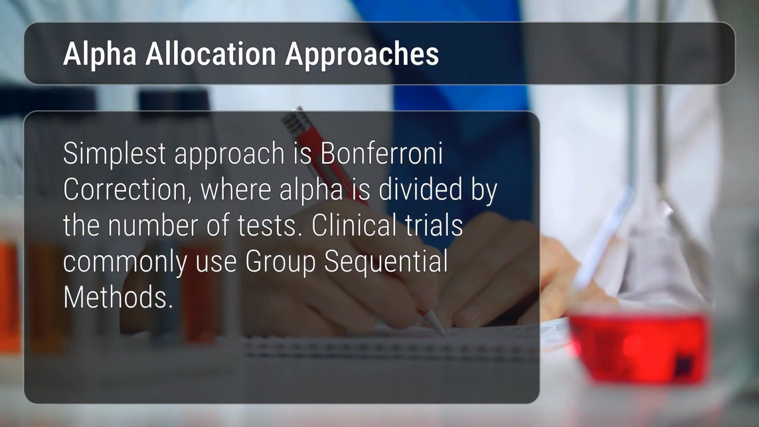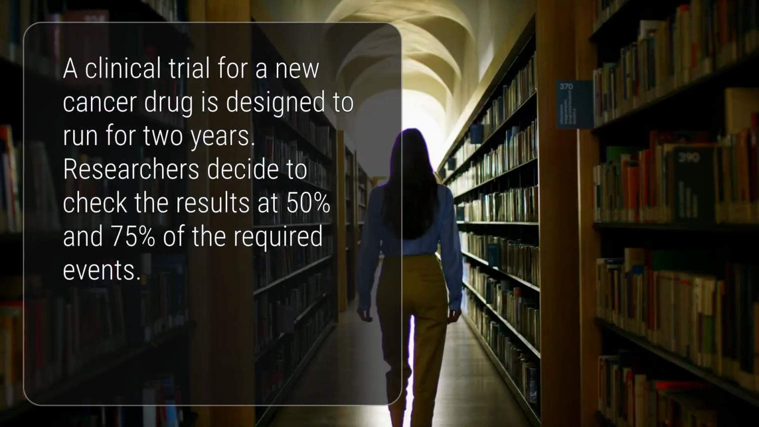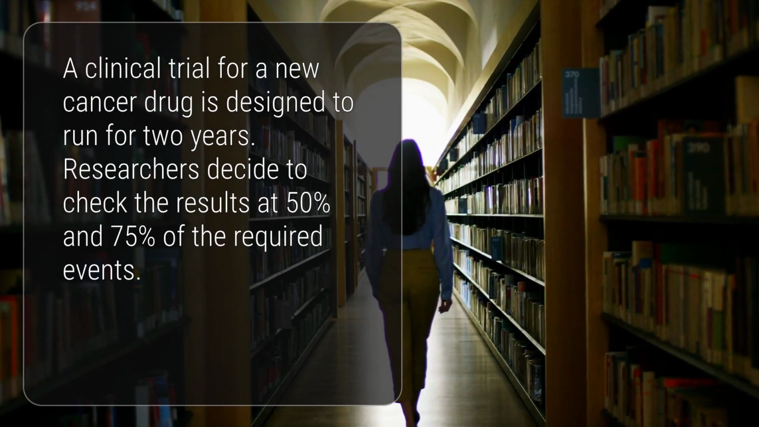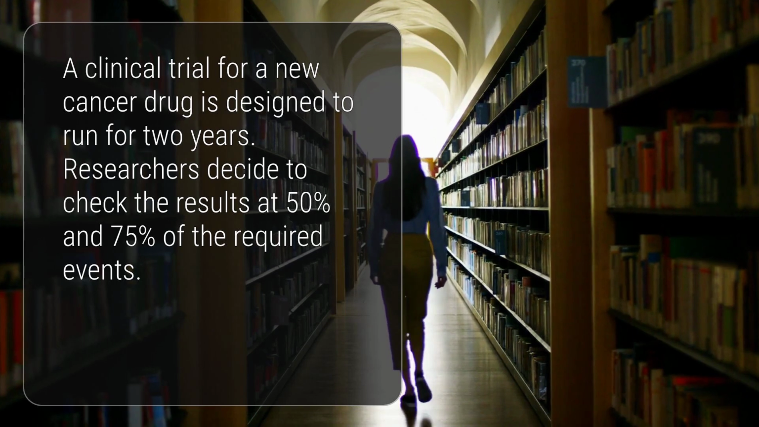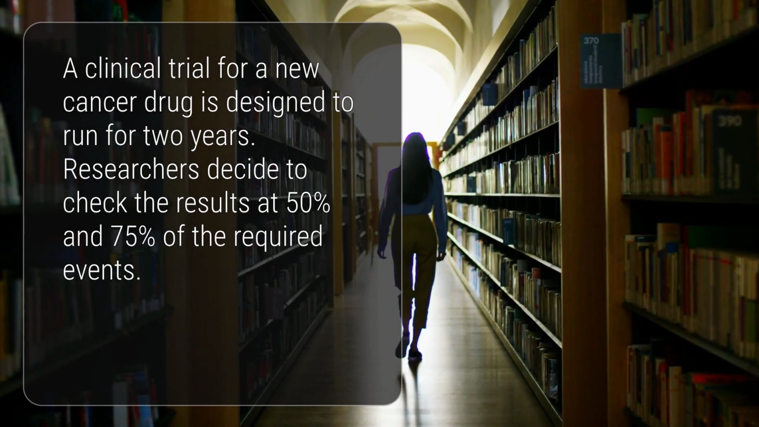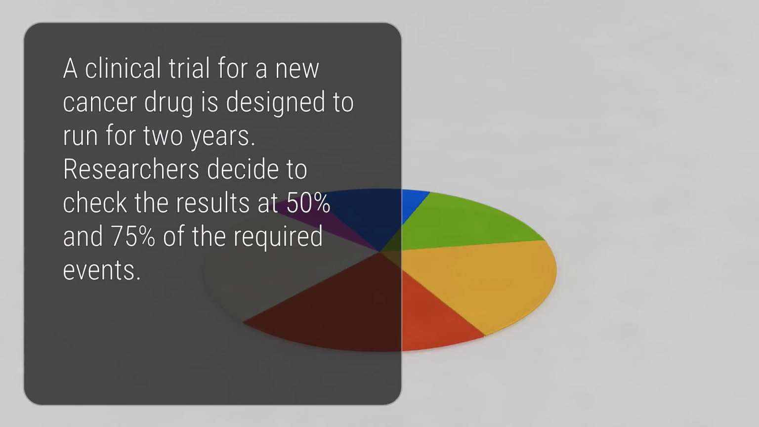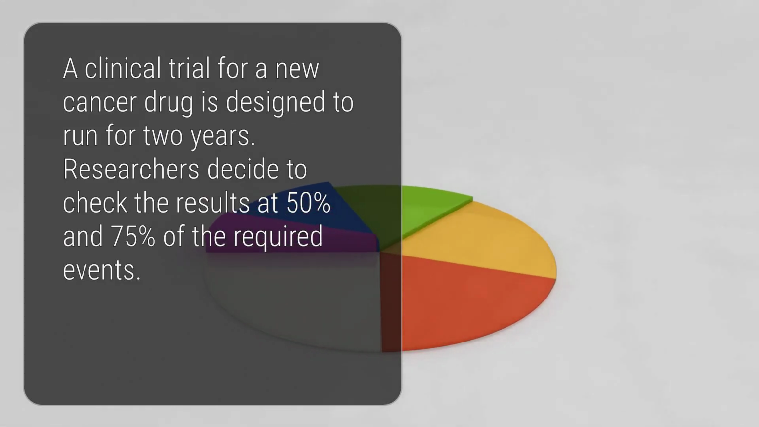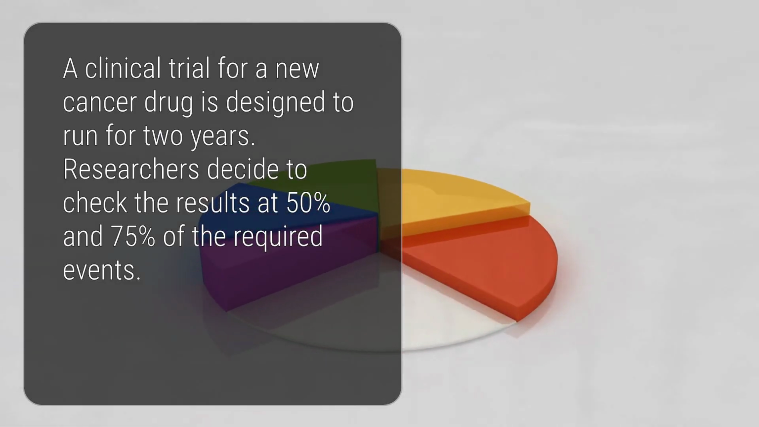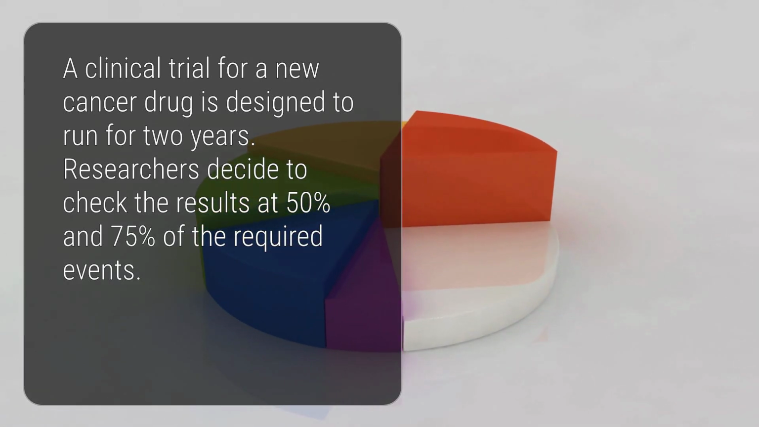Let's look at an example of how group sequential method is used in clinical trials. Imagine a clinical trial testing a new cancer drug. The trial is designed to run for at least 2 years in order to observe the number of events required for the study power, but researchers don't want to wait that long if the drug is clearly effective or harmful. So they decide to check the results when 50% (interim analysis 1) and 75% (interim analysis 2) of the required